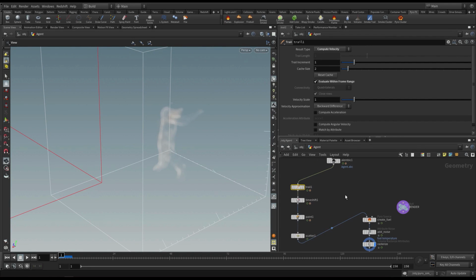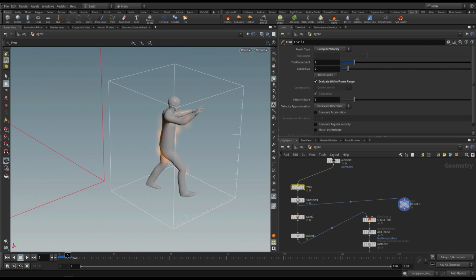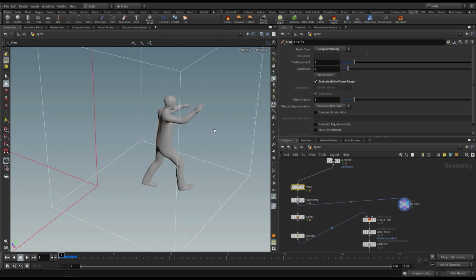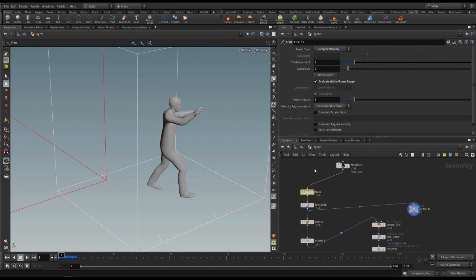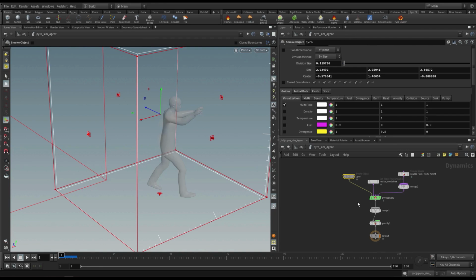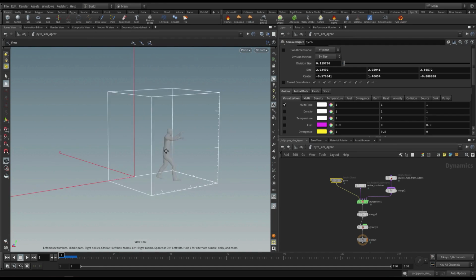Now we're actually rendering this render node, so I'm going to plug in the time shift to that and just display this properly. So I'm going to render the agent with motion blur and not this volume that he was creating. So if I pop over to the simulation now, to the simulation network,